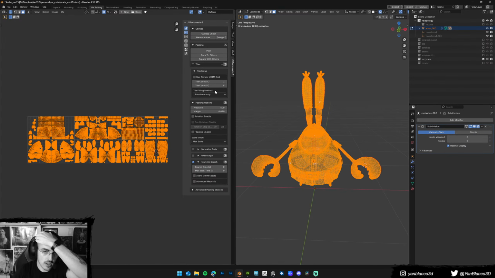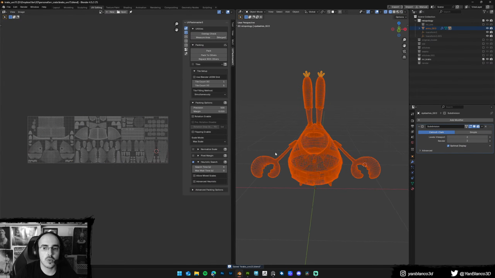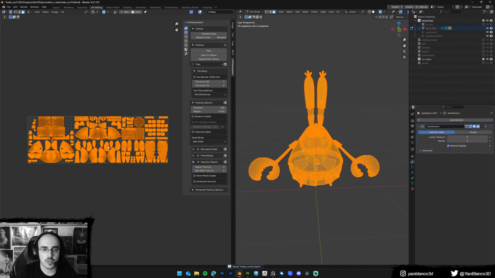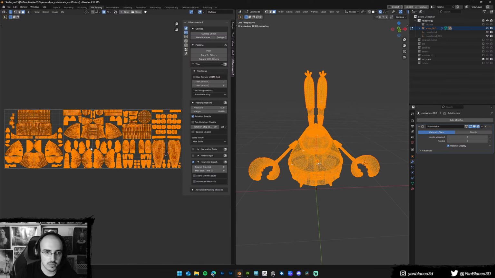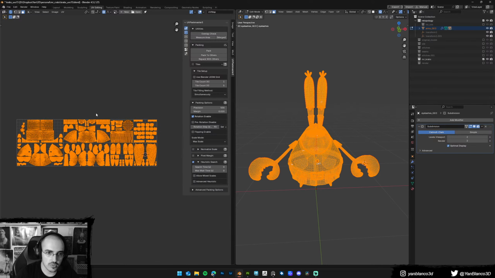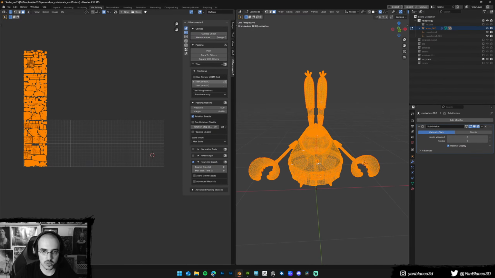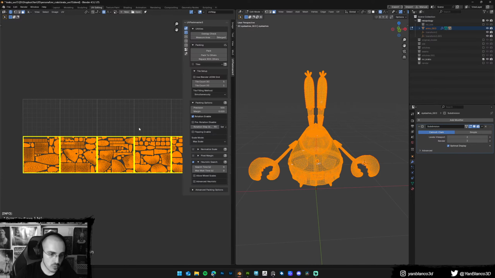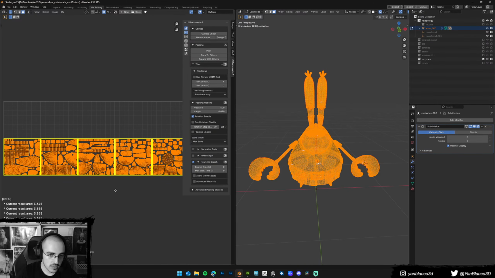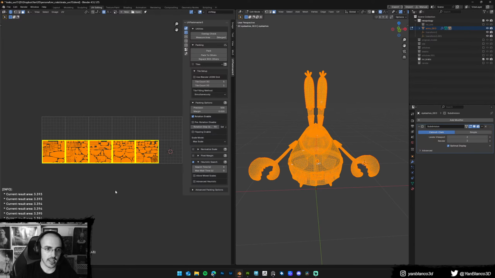I will run a pack in 5 tiles, and then I will use this heuristic search, which I think is a more powerful algorithm for the calculation. Let's enable rotation just to have a different layout, and then back. Oh no, I don't want the back on vertical. Should be this one, back. So it will run, and there you go, the magic happening. So one click, and then you have